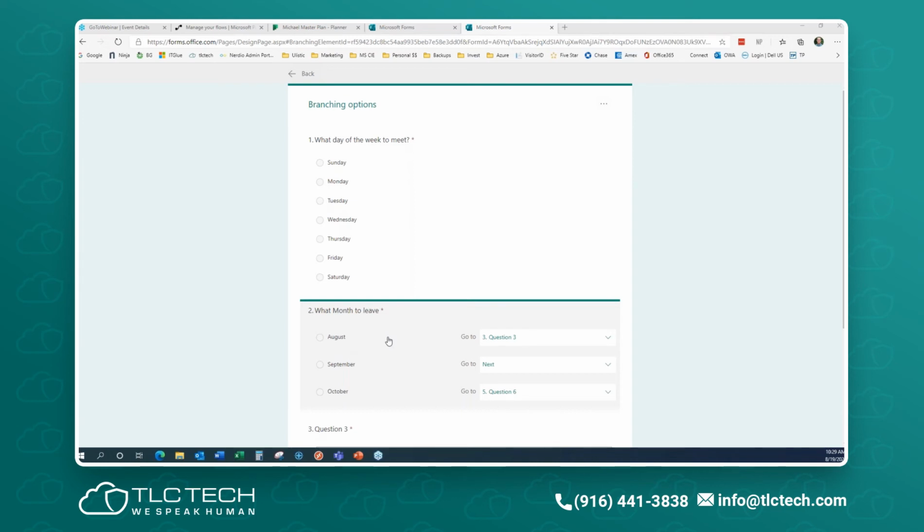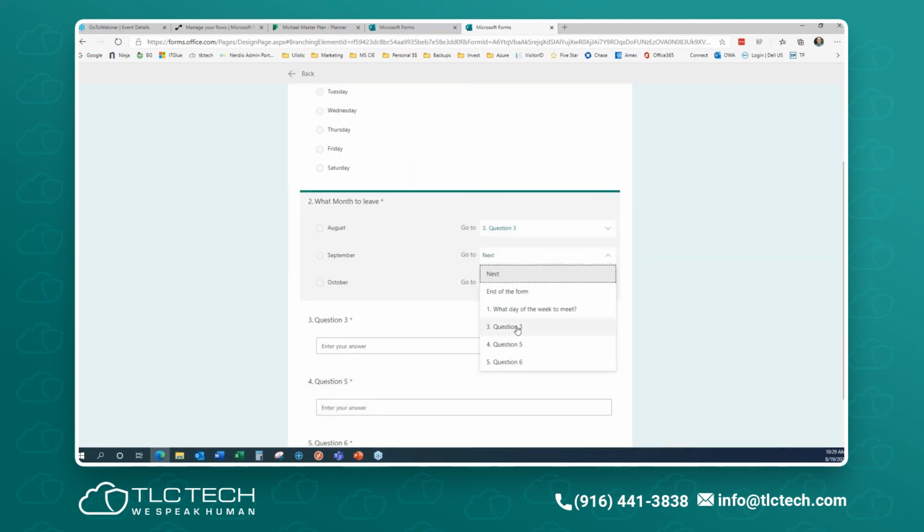You could do another branch down. Let's say that it jumped to question 3 and question 4. Let's say that one didn't exist, or I go to question 6. But when I get to question 4, there's another branch there as well. It wouldn't even show question 5 until I answered question 4. So this gets almost a little recursive. I don't want to go too much deeper, but I'd be happy to jump on a quick Teams meeting and play around with it. I think that's what they were getting at too.